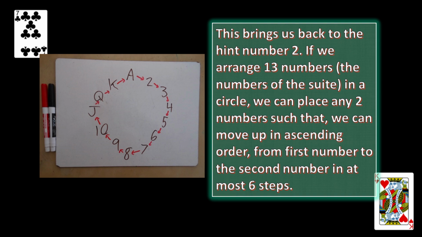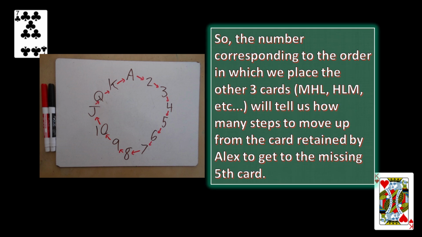If we arrange 13 numbers, the numbers of the suite, in a circle, we can place any 2 numbers such that we can move up in ascending order, from first number to the second number in at most 6 steps. So, the number corresponding to the order in which we place the other 3 cards, M, H, L, H, L, M, etc., will tell us how many steps to move up from the card retained by Alex to get to